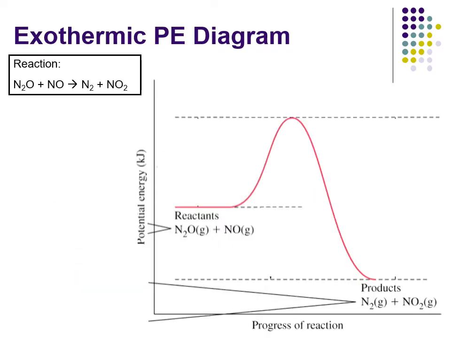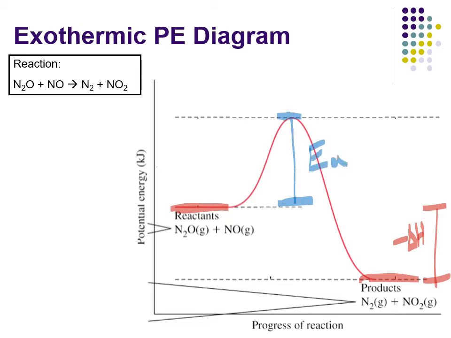If it's an exothermic one, again, the reactants have more energy than the products, so our delta H is going to be a negative delta H. But there, we must realize that we can't go directly to the products. We also have to put in a certain amount of energy, and that is the activation energy required to get to this activated complex, which is just some sort of species in between the reactants and the products. So in this case here,